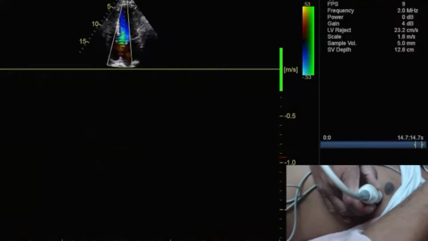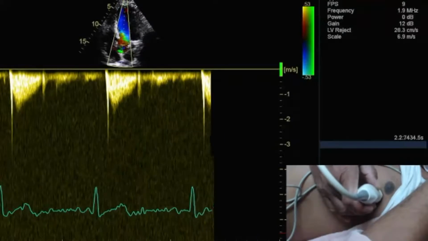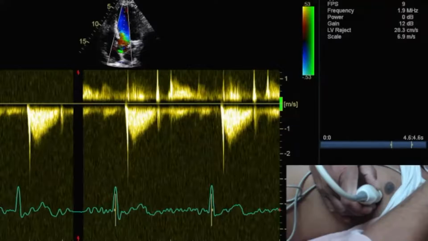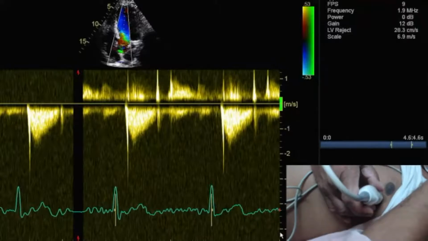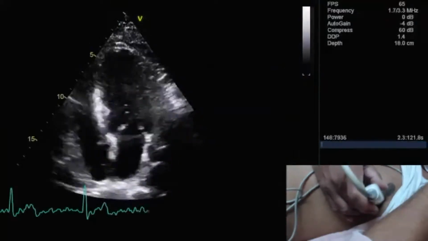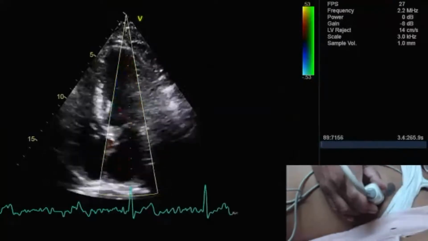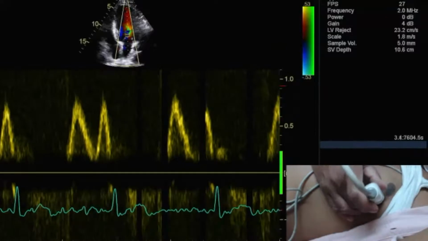And same thing, if I can't do it, I'll switch over to continuous wave Doppler. Look, I can now measure the velocity up to 5 or 6 meters per second. And this is very useful when we are doing an aortic valve stenosis evaluation. So at your level, whenever you start, start with color flow first. First sample volume, then pulse wave, keep the baseline in the center.